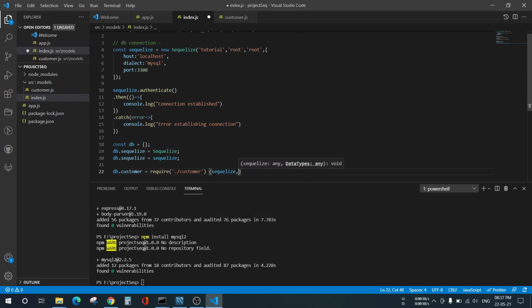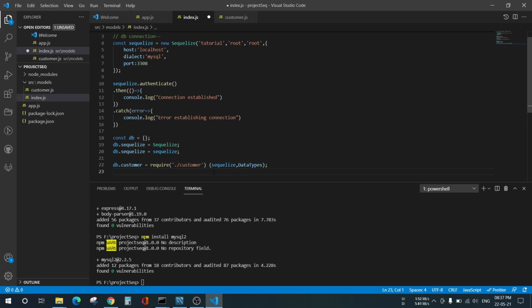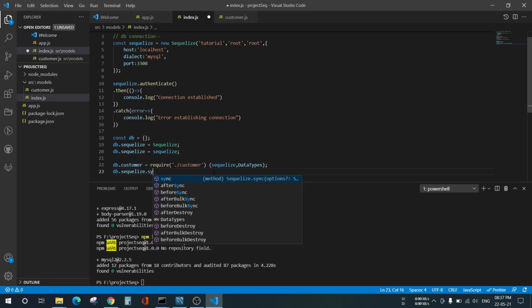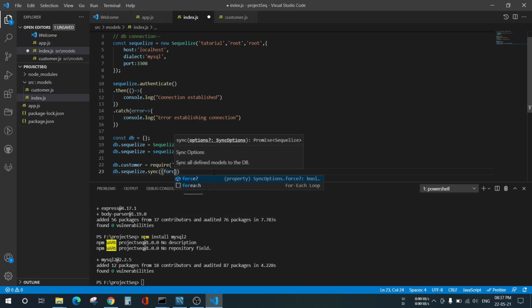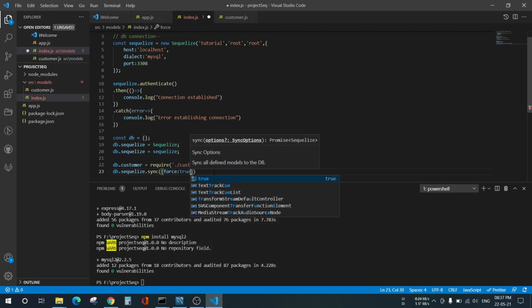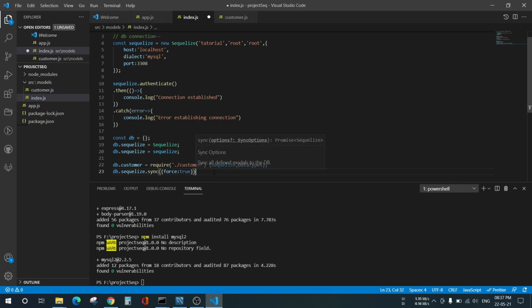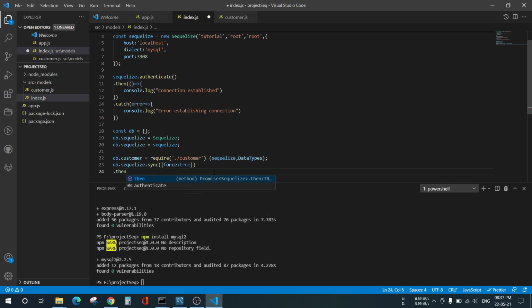Now we'll give Sequelize data types, and if the table does not exist, it will automatically create it. So for that we need to write sync force true, dot then